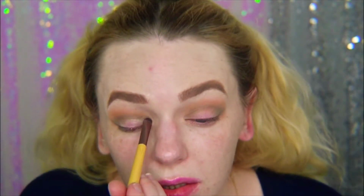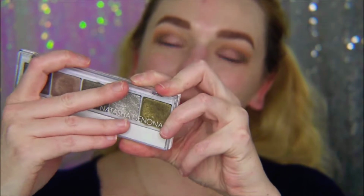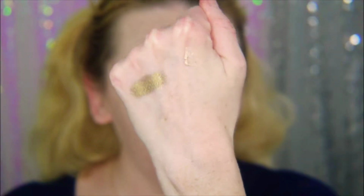Now I'm going to put this NYX glitter glue all over my lid in preparation for our lid shade. I don't think I could live without glitter glue. And now we're going to go in with this NATASHA DENONA Eyeshadow 5 palette in number 9 with the color Antique Olive, which is right here. It is such a beautiful, unique shade, and I found an exact dupe for it, a ColourPop shadow